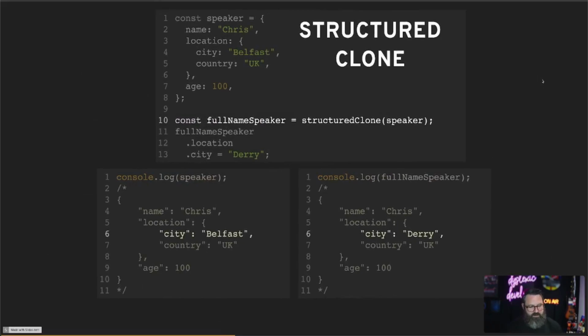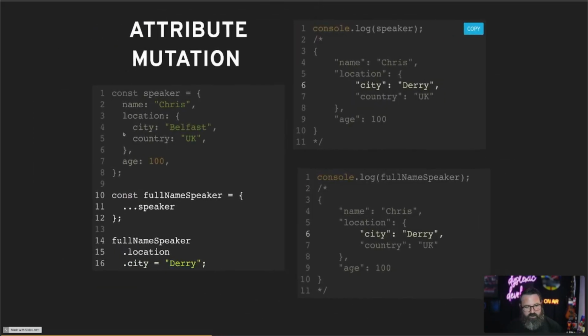So how can we fix this issue? In the last couple of years, a new JavaScript API was added to the specification called structuredClone. This allows us to do full, deep immutable modification in JavaScript. Again, we're starting off with our normal speaker object: name Chris, location is an object of city Belfast, country UK, and age 100. But now when we create our full name speaker, we no longer use